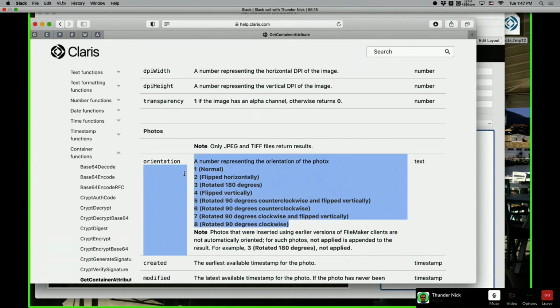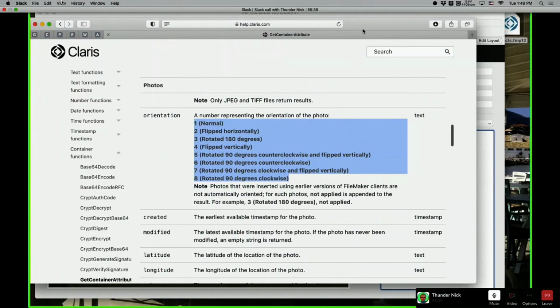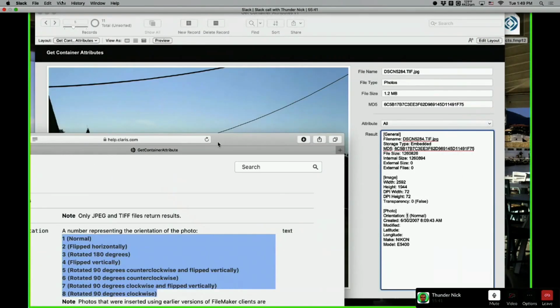This is interesting for photographers. Very, very interesting. This is deep. This is very precise. You don't have a lot of software that gives you that information. Maybe Aperture in the past, but not anymore, right? So those are very important for photographers. FileMaker is a great platform for photographers, right? And of course you have the longitude, latitude, and stuff like that.